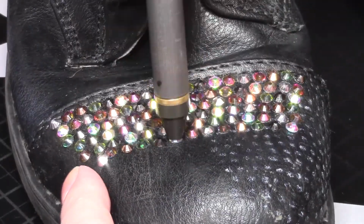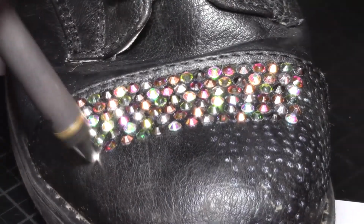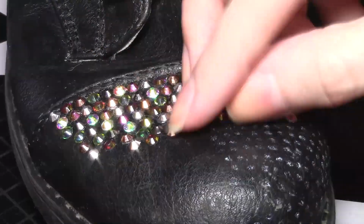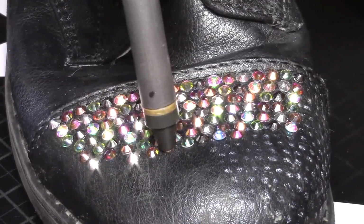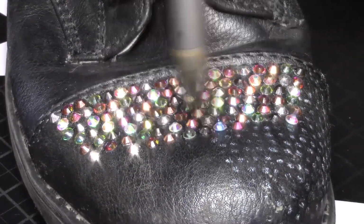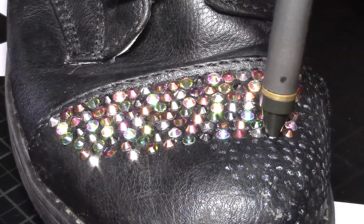I think there was 1,680 that I bought of 12 different colors. I used 7 of the 12 colors, and I will have ended up using about 900 gems by the time we are done this, guys. I know, it's exciting. So the reason that I picked the gems and the colors that I picked is